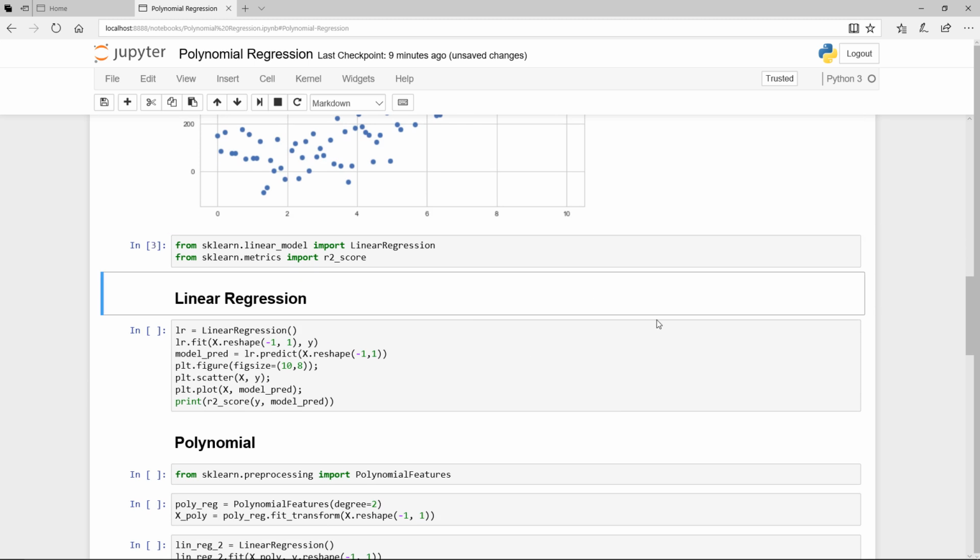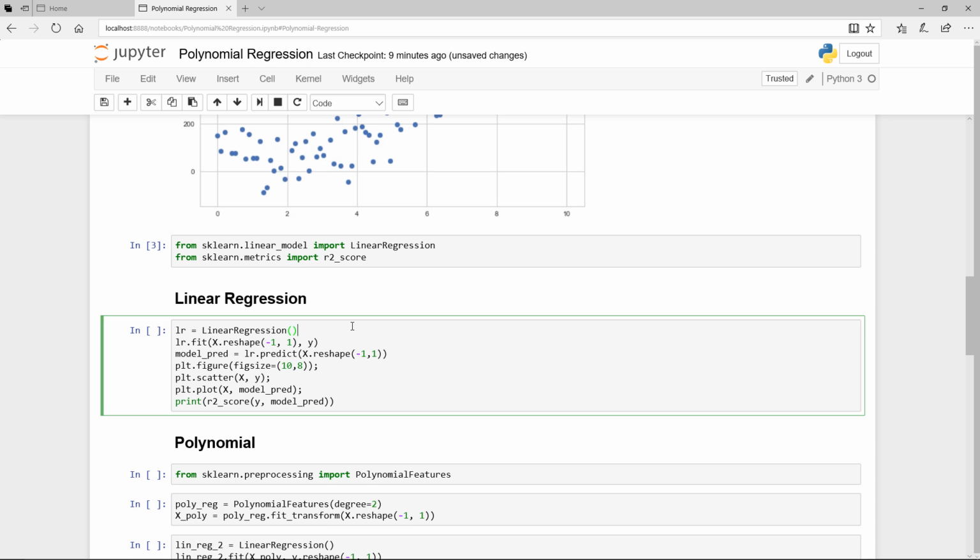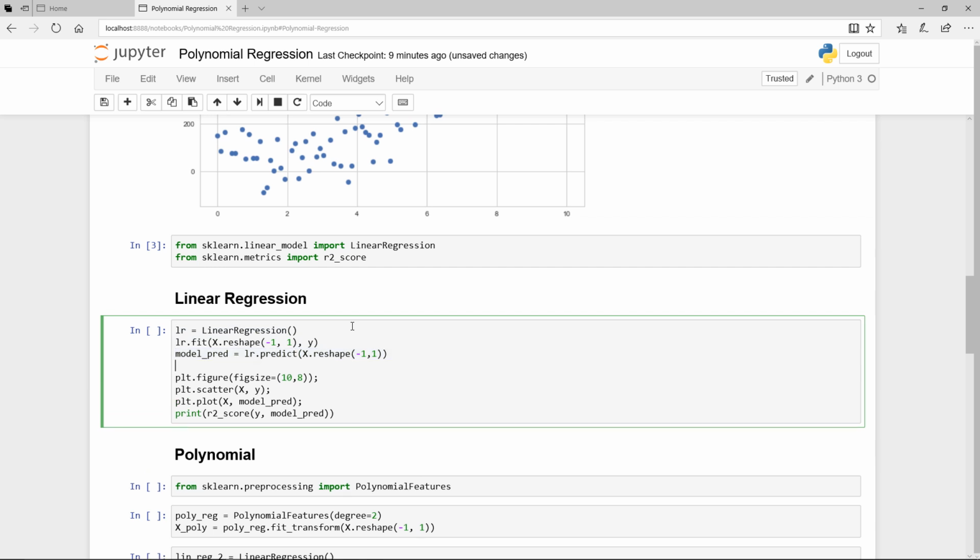Okay, so import the standard libraries. Again, instantiate, and the next line is really fit, and then the third line is really conducting the actual in-sample prediction to see how well the linear regression model actually explains the variability. Okay, so again, these are the typical plotting. We have a scatter diagram of the original data set, and we're plotting the actual model prediction. And finally, we have a score of the R2 or the R square to see how well linear regression explained the data,